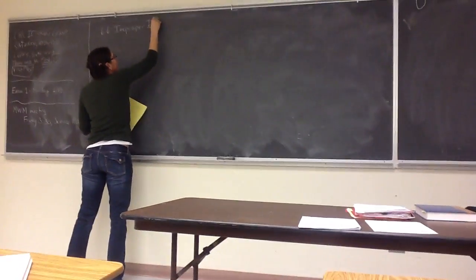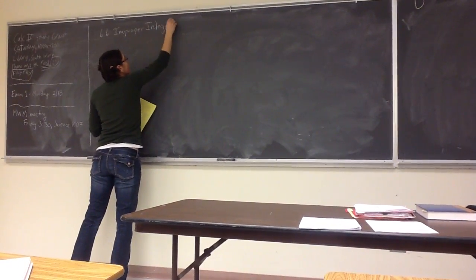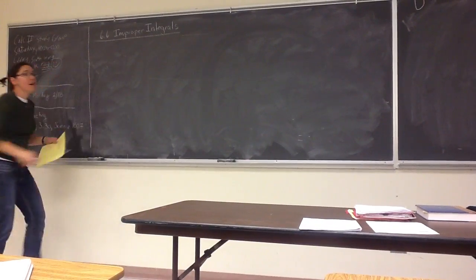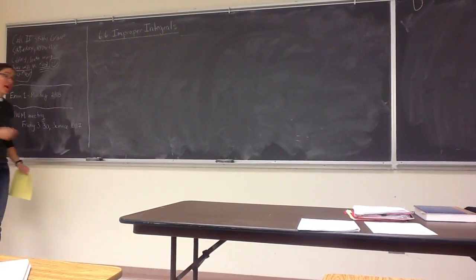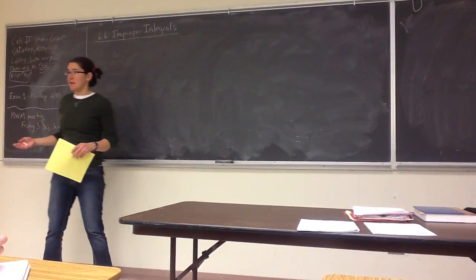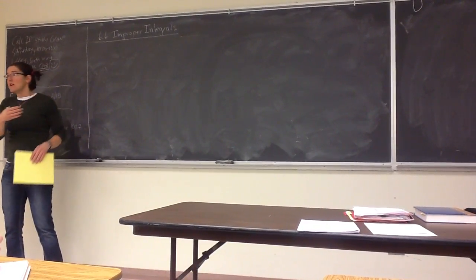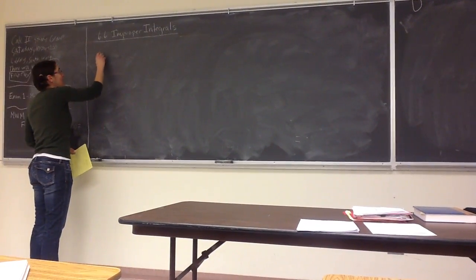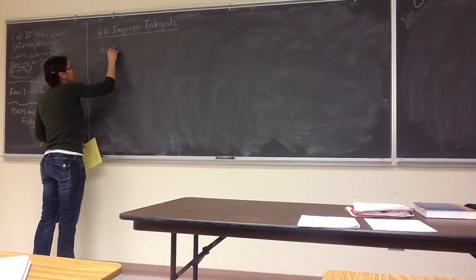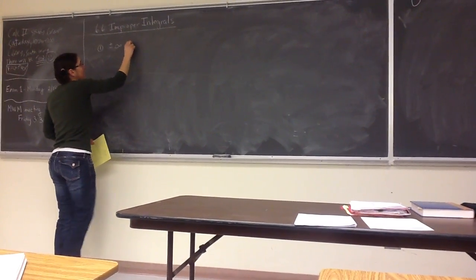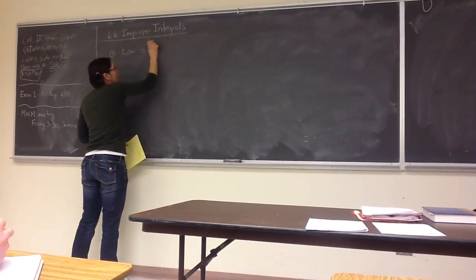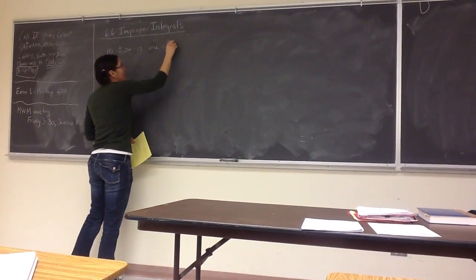Improper integrals. The idea of an improper integral is an integral that is a definite integral. It includes the boundaries. But one of two things can happen. Either, first of all, plus or minus infinity is one of the bounds,